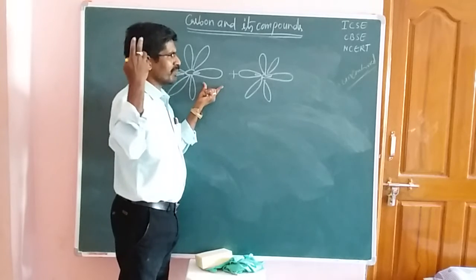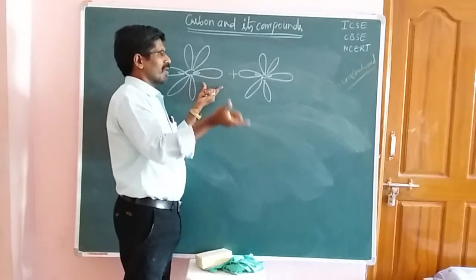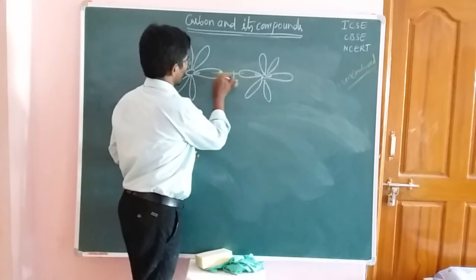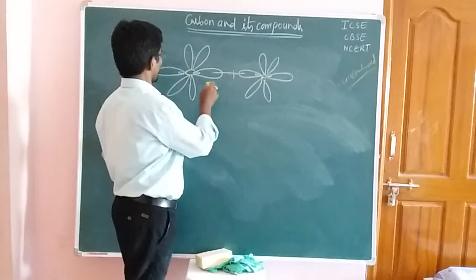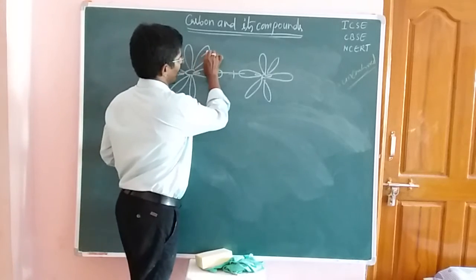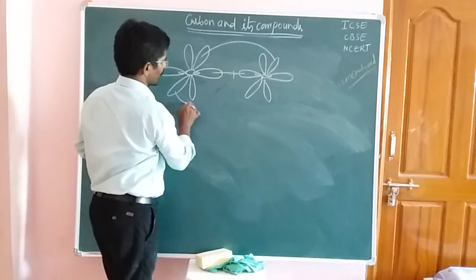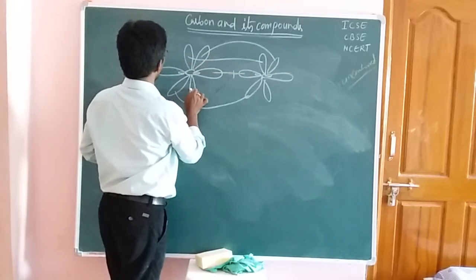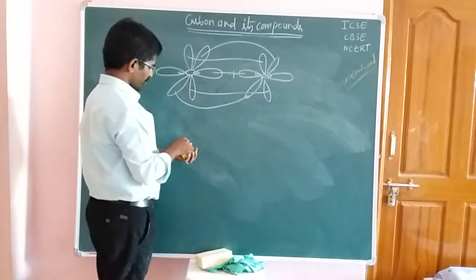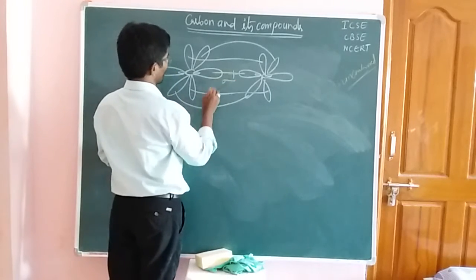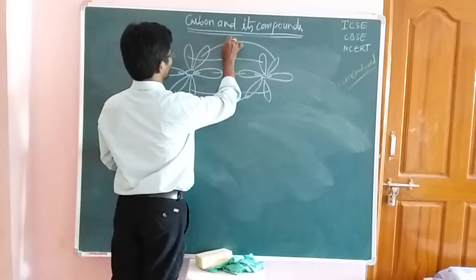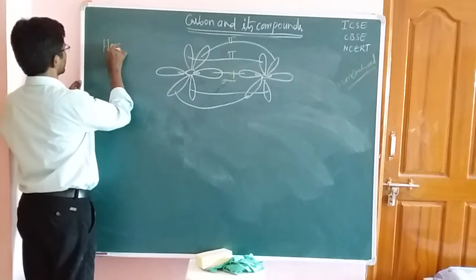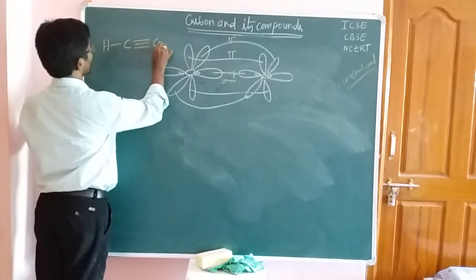Now those p orbitals participate in the lateral overlapping. First the end-on overlapping takes place here. Now this is one pure p orbital combined with this one. Okay, students. This one is one pure p orbital, the second is another p orbital, and here also is another p orbital. Now it can form the sigma bond, a pi bond, and this is the other pi bond. And it illustrates the molecule hydrogen, carbon, triple bond, carbon, hydrogen.